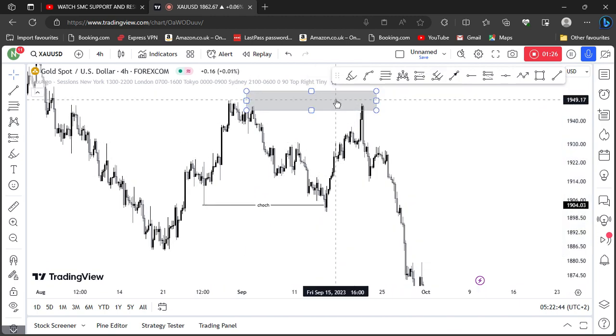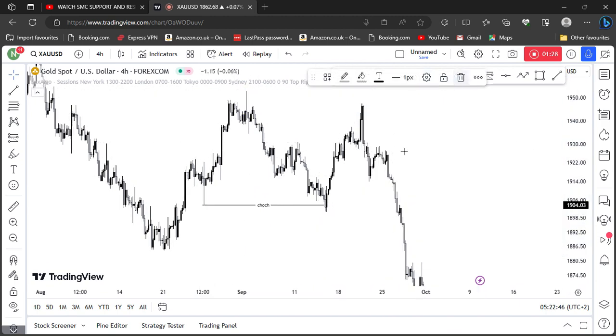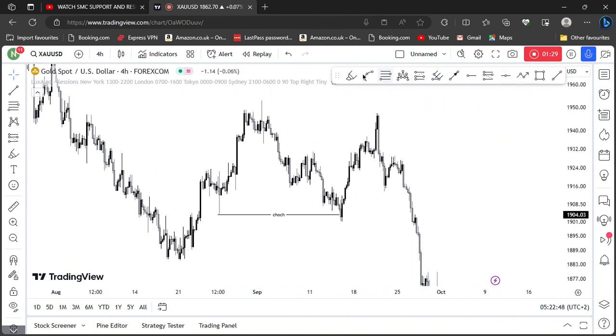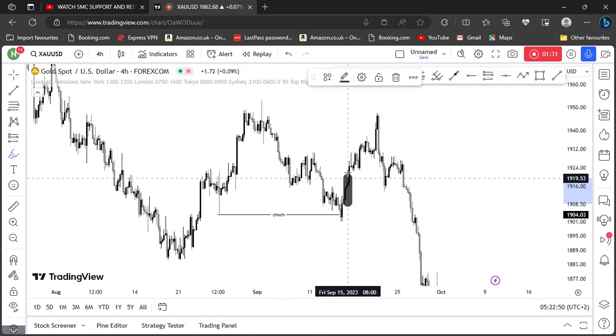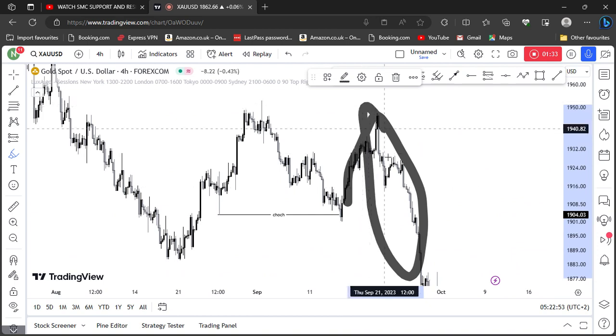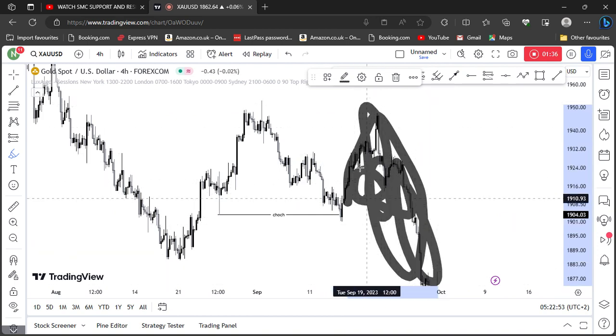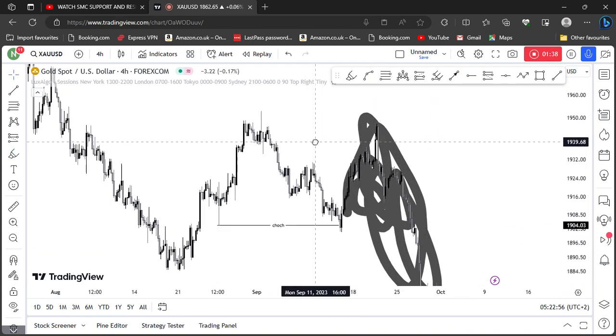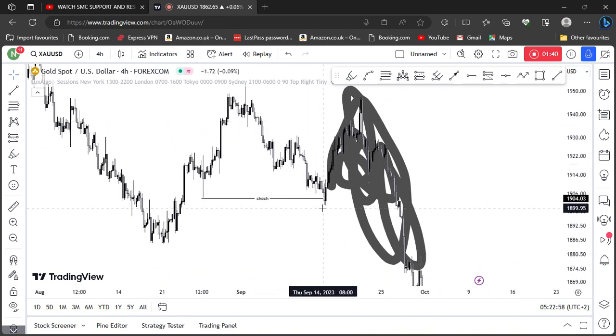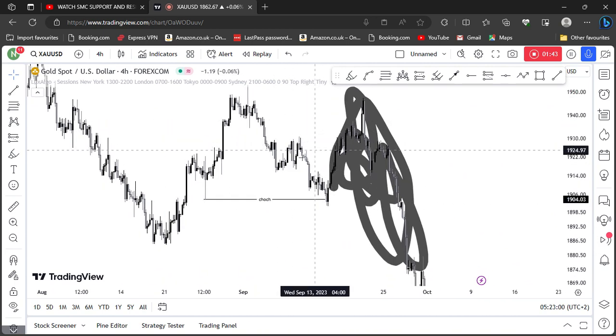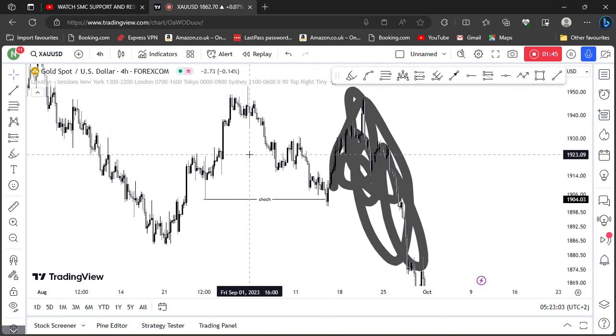Let me just delete these things. Okay, now the price gave me a change of character. Let's pretend like this didn't happen yet, right? Now my price gave me a change of character right there. So I was like, okay, now I'm gonna start looking for my order blocks, right? But for my selling trend, my order block has got to be above